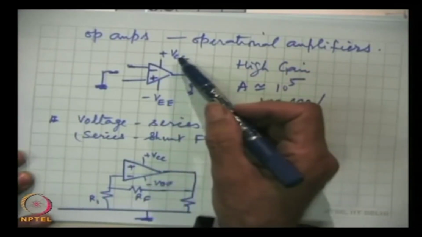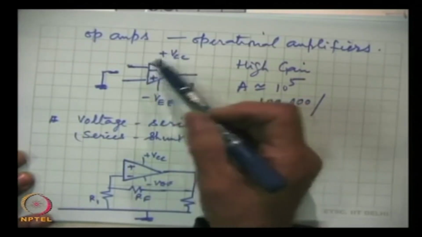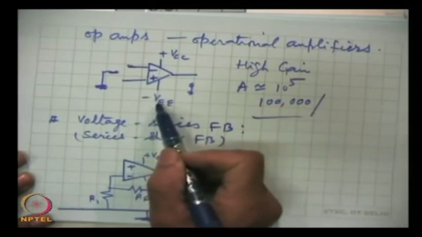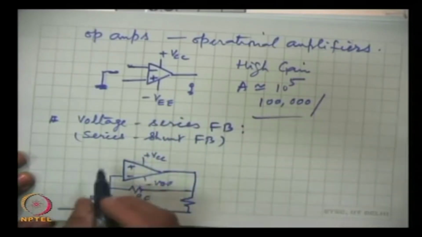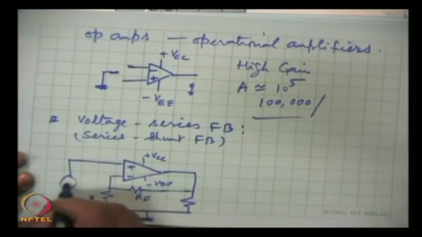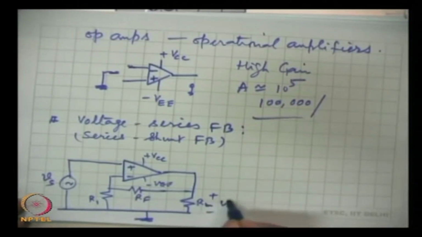This plus VCC gives reverse bias to the collector of the transistors, and this forward biases the emitter of the amplifier. Here this is RL, and the voltage developed across RL, the load resistance, which is V0, a fraction of this is fed back